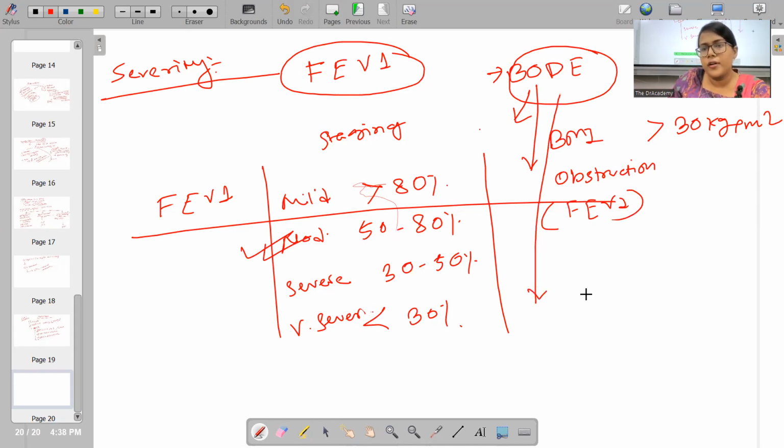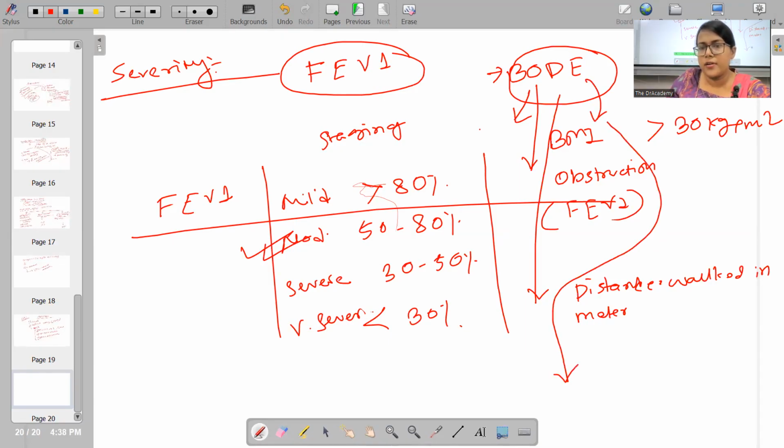D is for distance walked in meters. And E is for, sorry, I'm just going to write it here, exercise intolerance. So this is actually the comprehensive tool to assess the prognosis of a COPD patient, the BODE index. All right, now